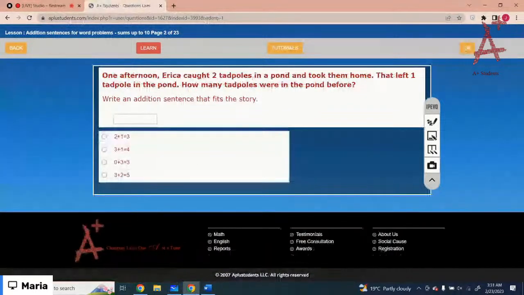Okay, the next one is: one afternoon, Erica caught two tadpoles in a pond and took them home. That left one tadpole in the pond. How many tadpoles were in the pond before? So two tadpoles she took home and one was left in the pond. So you have to calculate the total tadpoles. So you have to add 2 plus 1. Got it? And 2 plus 1 equals